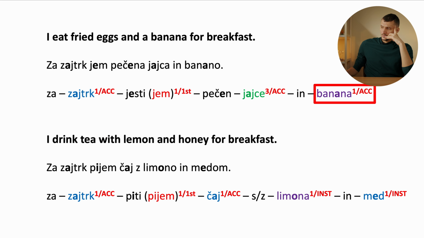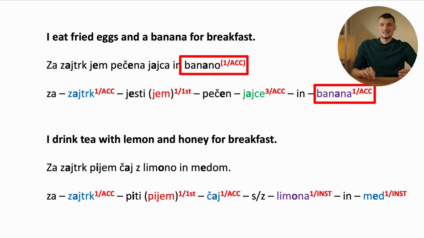And so if we go back to our example, here I just wanted to show, if we have a look at banana 1/ACC, like we said, banana is the base form. That word is the base form, and what 1/ACC is saying is not describing banana as it is right there, but saying what is happening, what's going on with the word banana in the Slovenian text. So it's explaining the word banano. So if we write banana 1/ACC, that means that the banana above is in the